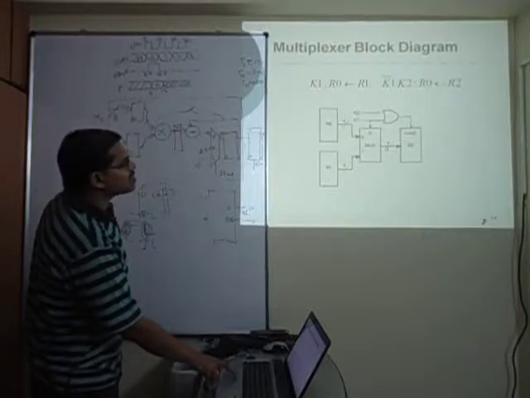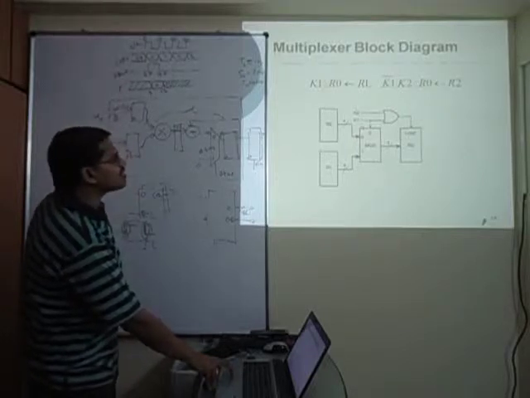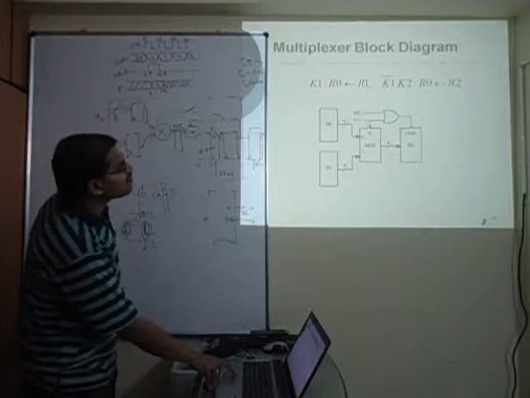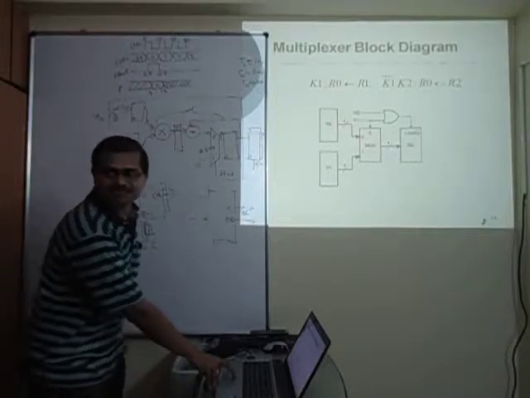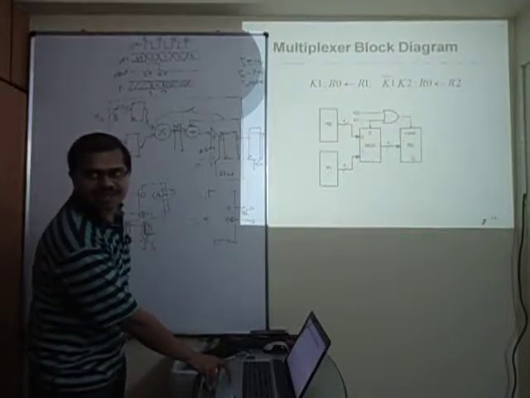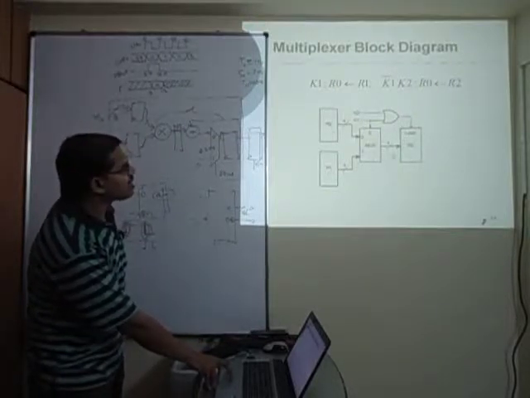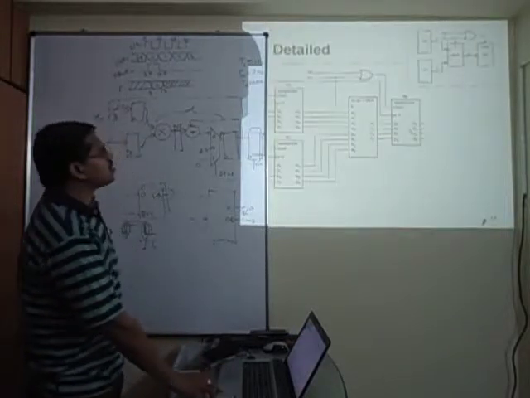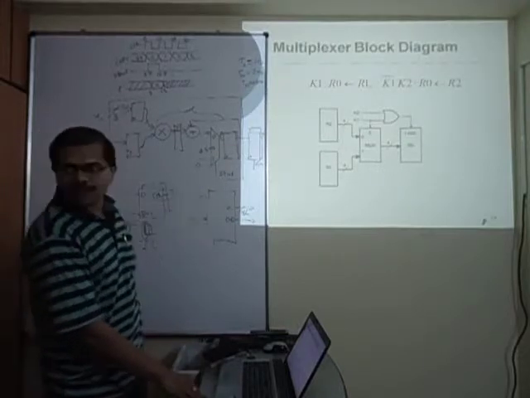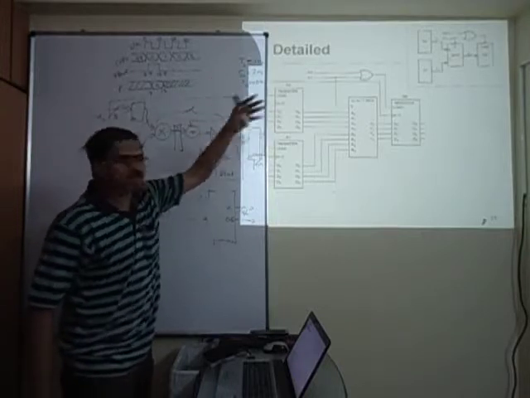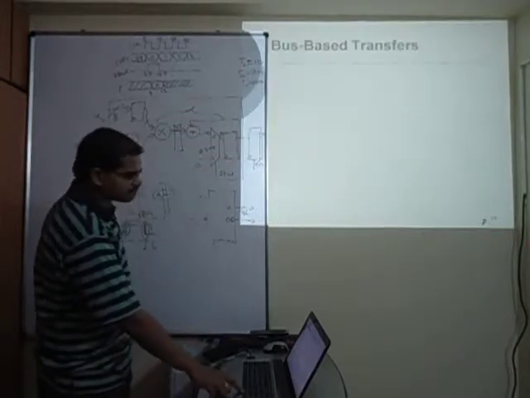Got it? Because of the OR gate, if K1 is equal to 1, load will also be high at that time. If K1 is equal to 0, then this path will be enabled and R2 will come here. At that time, if K2 is equal to 1, only then is load issued. So if K1 is 0 and K2 is also 0, this register will not be affected. Why? Even though this path is highlighted and R2 is here, load is 0. That's the logic. Now, this one we represent with the short form, 4-bit. Maybe you want a detailed view, with 4 lines, load, control, select. This is the detailed representation.